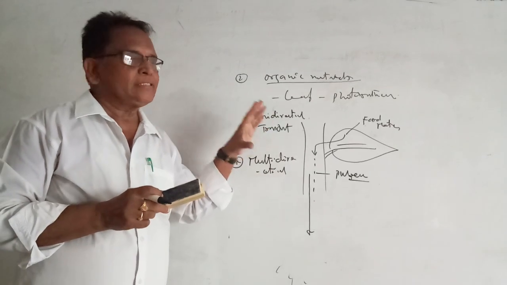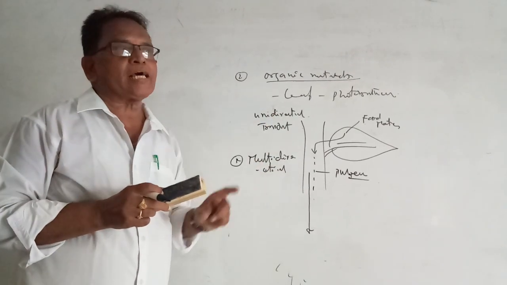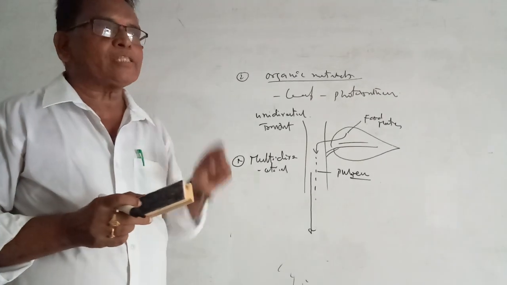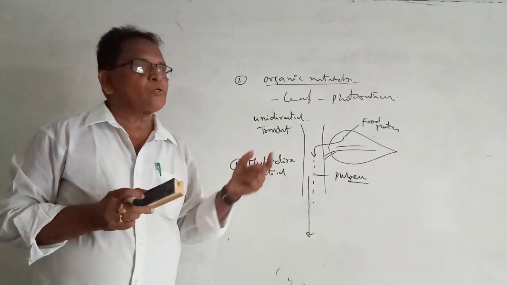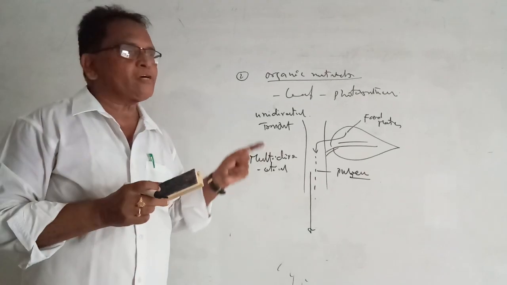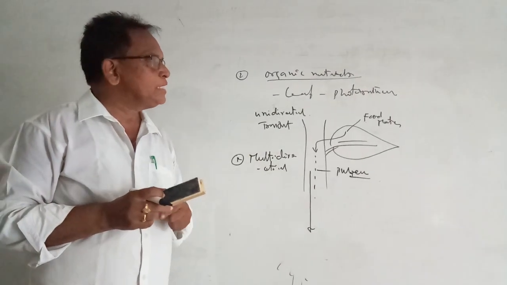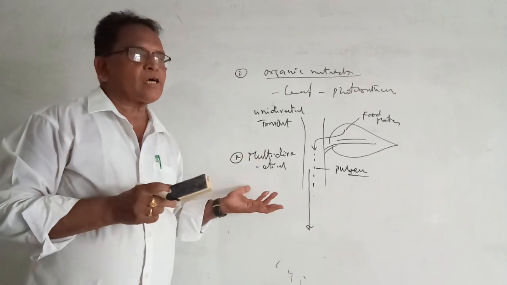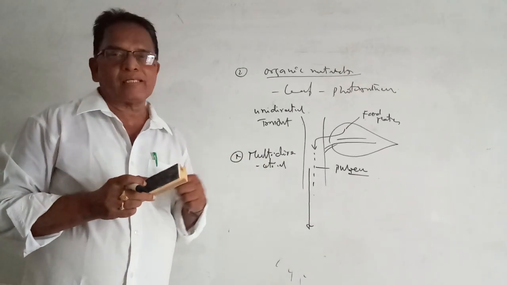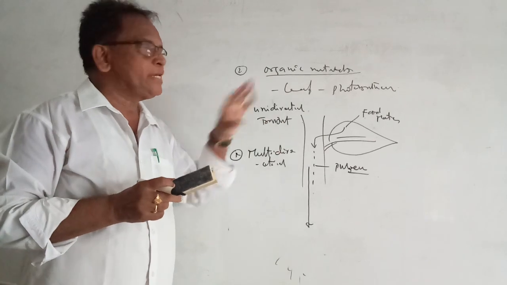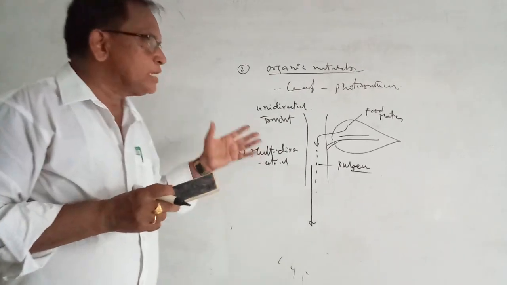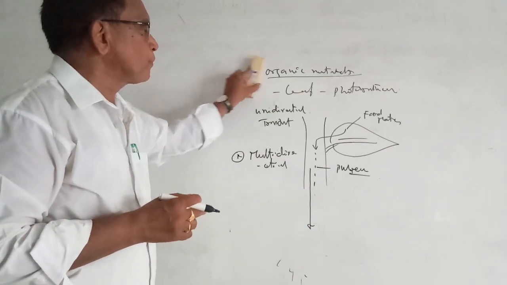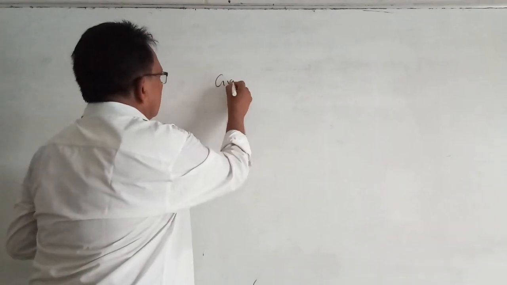So normally the direction of the transport is unidirectional, as in the case of xylem for the movement of water, or also unidirectional for the movement of food materials from the leaf to the root. We can also call it multidirectional when we take up the movement of the total materials that are present inside the plant body.